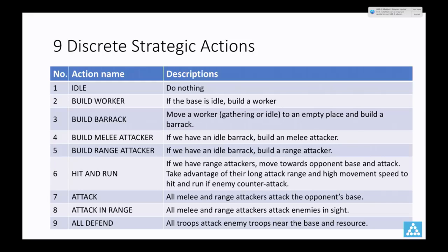As a starting point, instead of specifying an action per unit, we use 9 discrete strategic actions as the output action of our model and leave all the details to the rule-based subsystems. For example, when we want to build a barracks, the agent does not need to specify its location, but instead the lower-level rule-based system will specify it.